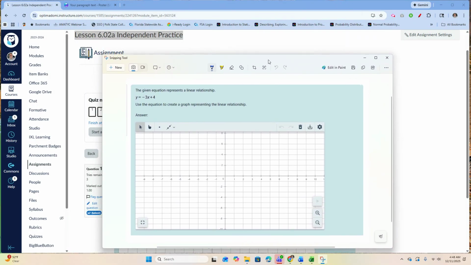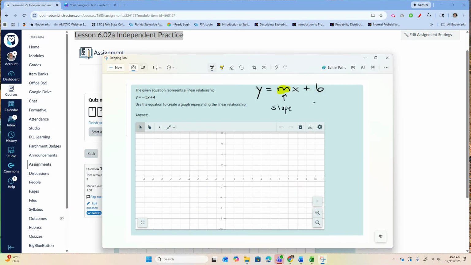So, for example, here's problem number 1. And if you look carefully, they gave me the equation y equals negative 3x plus 4. Now, this equation looks like a famous equation in algebra that is called y equals mx plus b, where the m is the slope